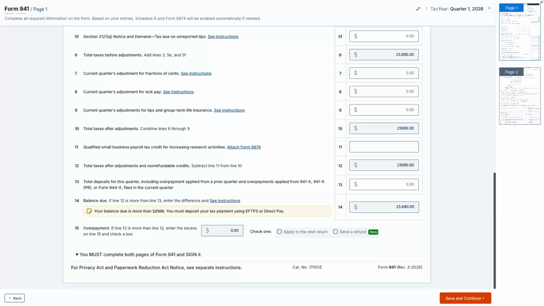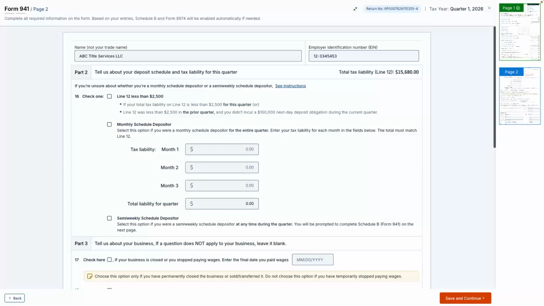At the end of Part 1, select either Apply to Next Return or Send a Refund based on your client's cash flow needs and anticipated future payroll tax obligations, keeping in mind that this choice is binding once the return is processed. Line 16 in Part 2 requires identifying the employer's federal tax deposit schedule, which is determined by the